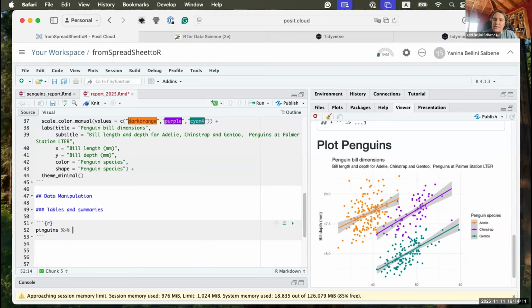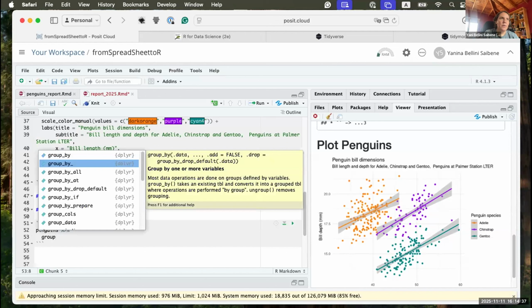And the second one is a pipe that comes in the tidyverse. I'm going to use this one just because we already loaded the tidyverse, but it should work with any of those pipes. So here we are going to say, take the penguin data and then pass that to the